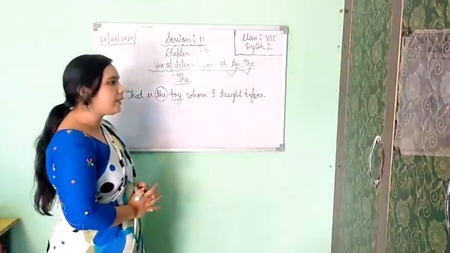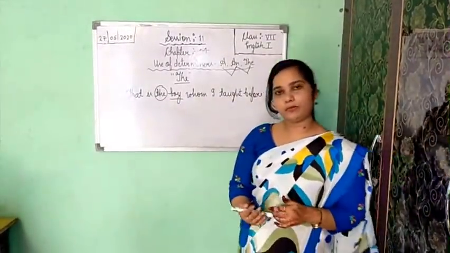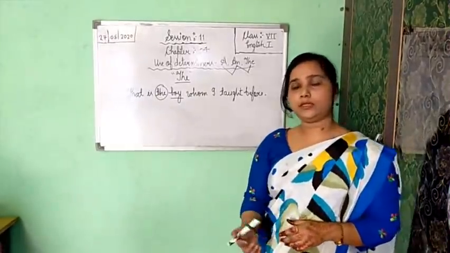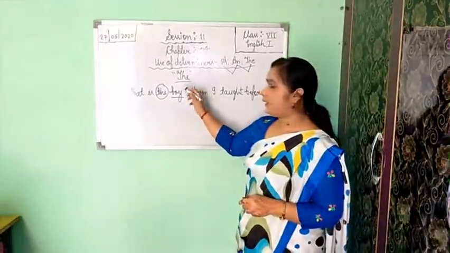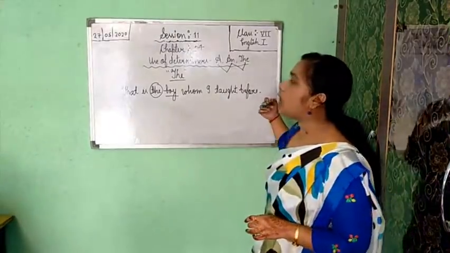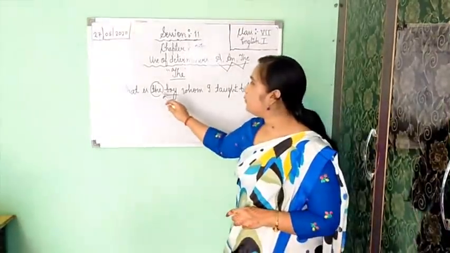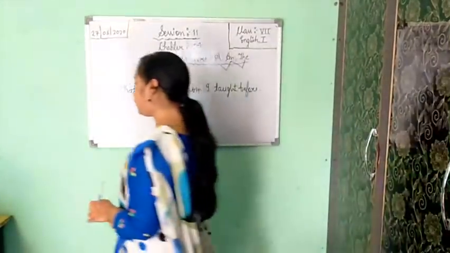Because for showing a particular thing, for denoting a particular name of anything, whether it is the name of an animal, a person or a thing, you will apply the determiner "the". Okay, for example, "That is the boy whom I taught before." We are talking about a particular boy. That is why I have used "the" here. The next point is,